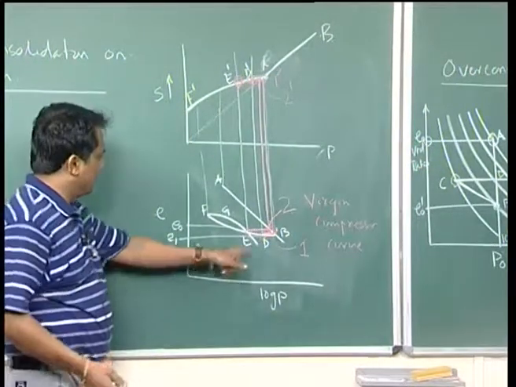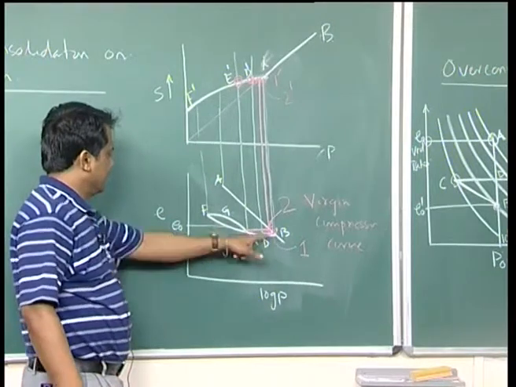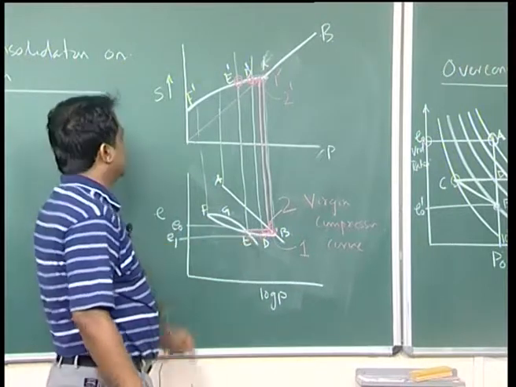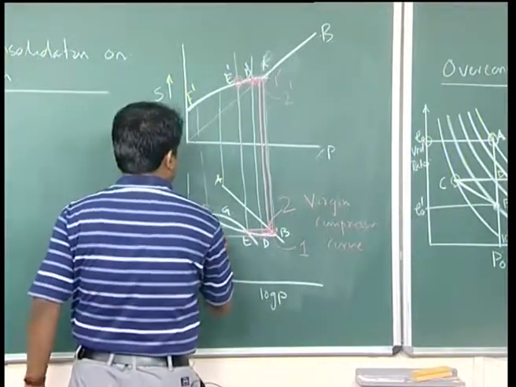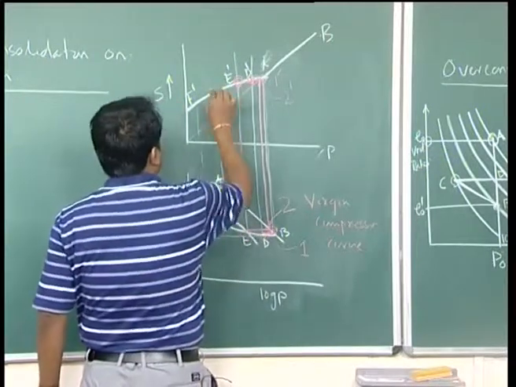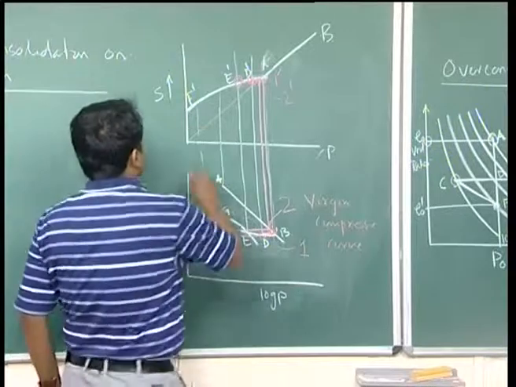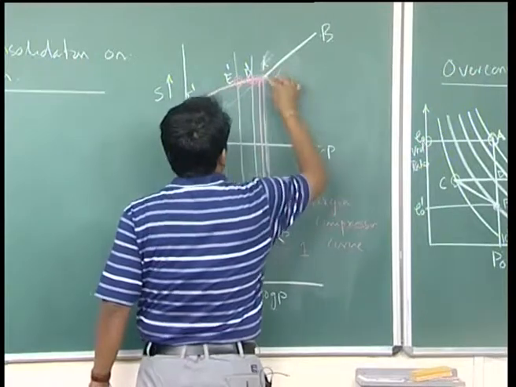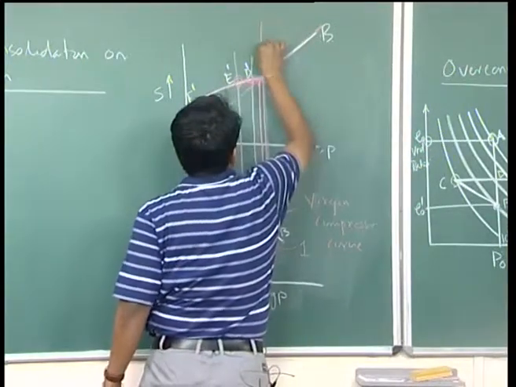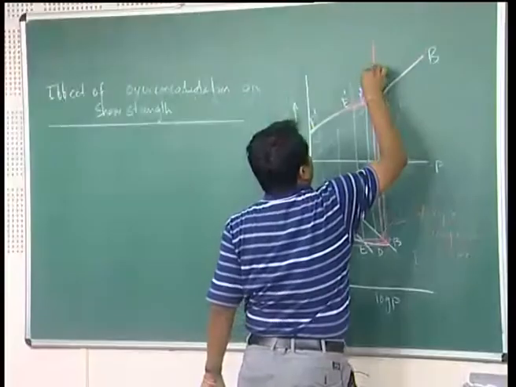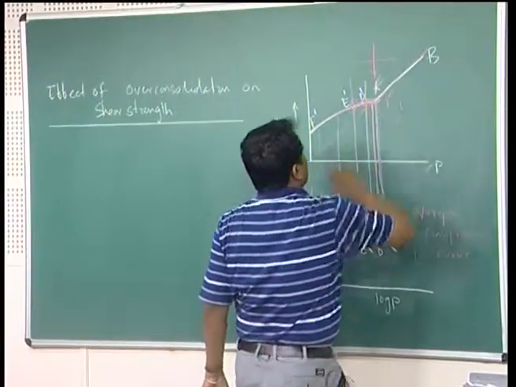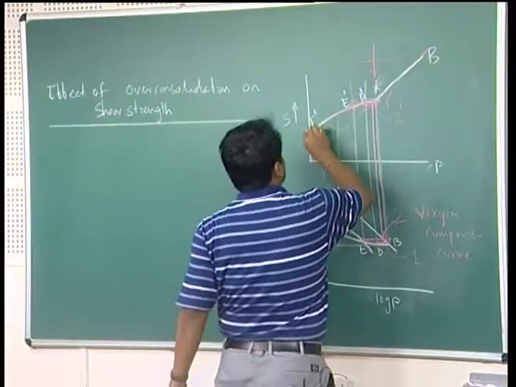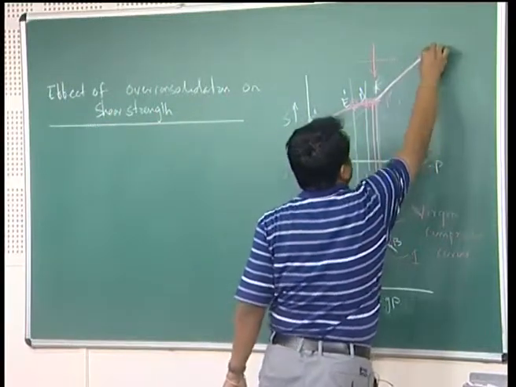Like this, all the points from swelling to recompression, you have to locate, that means your over consolidation points are to be located in shear strength. Now, if I draw it, you will get a curve like this. This is the boundary line, and this point particularly shows over consolidation. That means, in over consolidated clay, you will get a shear strength graph like this.